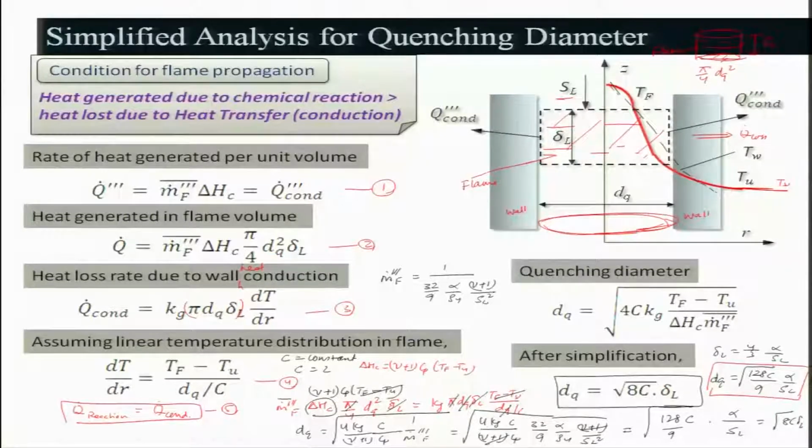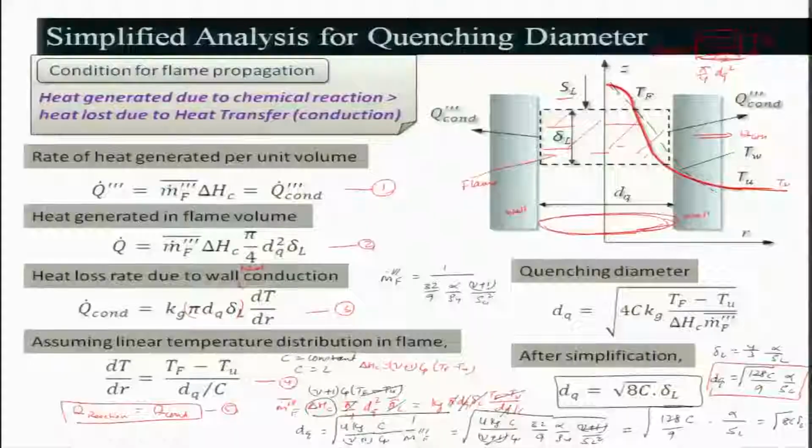Using this we can arrest the flame. A flame arrestor can be designed by using the quenching diameter calculation, right. For example, you are operating a hydrogen oxygen, hydrogen air or methane air flame, and you want to arrest the flame, what do you have to do? You have to put some small tubes or porous plugs so that the flame won't travel. This is similar to what Humphrey Davy did, without understanding much, he could manage to put a screen. We use a screen for arresting the flame. So, this small knowledge and the relationship can be very useful in designing flame arresters.